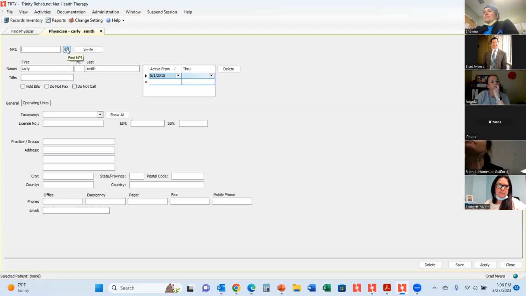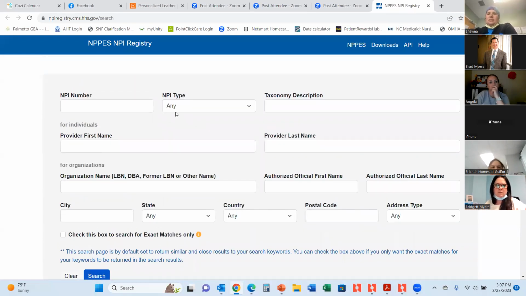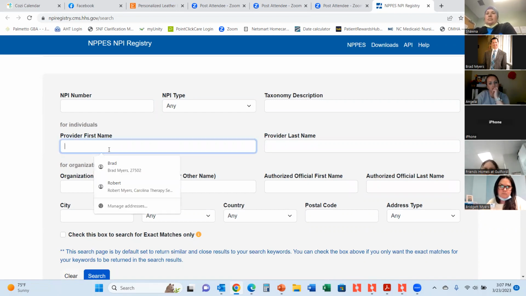But if the physician's already in here or you're adding them, you're going to click this button. This website came up on my other screen. I don't know if you guys can see that. Can you see this? This is the MPI verification website. And you want to be as detailed as possible. Like if you were looking for Matthew Smith and you don't put in any further verification, there's going to be thousands of Matthew Smiths. But we're putting in